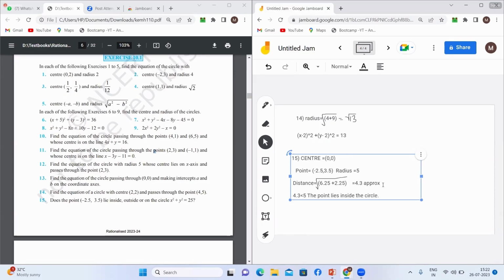सो आई होप आपको समझ में आ गया होगा, कुछ नहीं करना है अपने को, बस उस पॉइंट की डिस्टेंस निकालनी है सेंटर से। अगर वो डिस्टेंस कम आती है रेडियस से, तो वो पॉइंट सर्कल के अंदर लाई करेगा, बराबर आती है तो सर्कल पे लाई करेगा, ज्यादा आती है तो वो सर्कल के बाहर लाई करेगा। सो आई होप यू अंडरस्टूड दिस थिंग। ये वाली एक्सरसाइज अपन ने कर ली है।